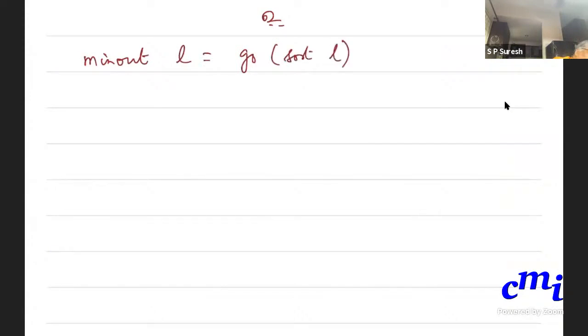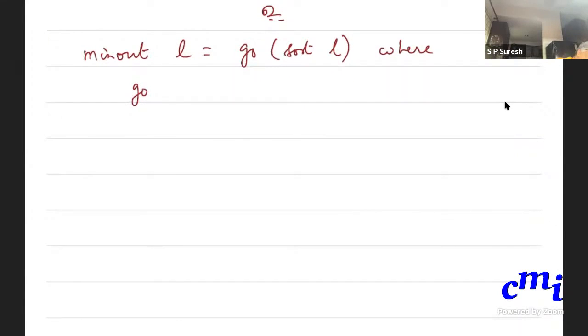There, what you should do is that this min out of L is go of sort L. Go of the empty list is... you even need to go in that side. Yeah, sure.